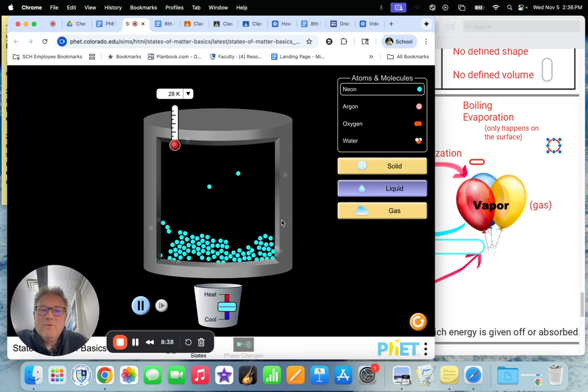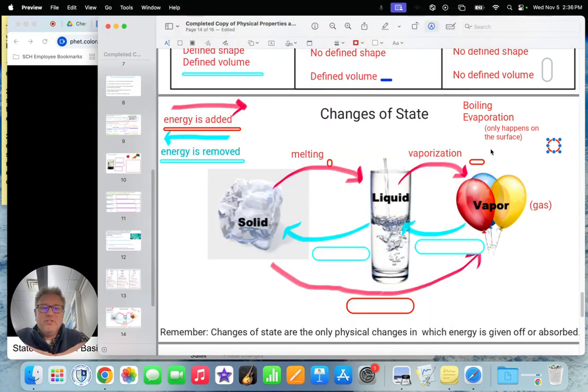The slow removal of particles into a gas at the surface is why puddles will evaporate. The water on the top slowly becomes a gas. That's evaporation. The third one here, down at the bottom, is when a solid goes right to a gas. It skips the liquid stage. This is called sublimation. A solid can sublimate when it goes from a solid right to a gas.